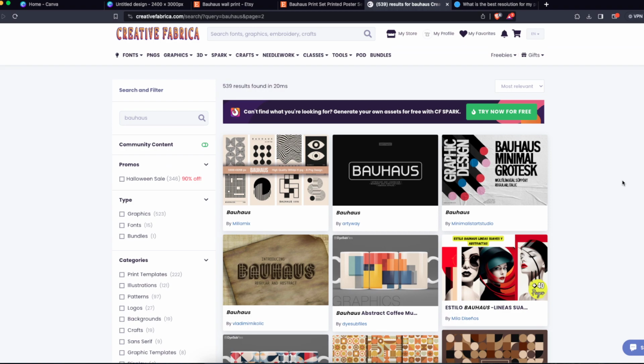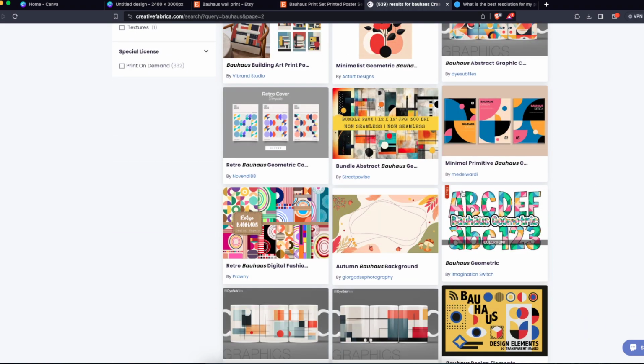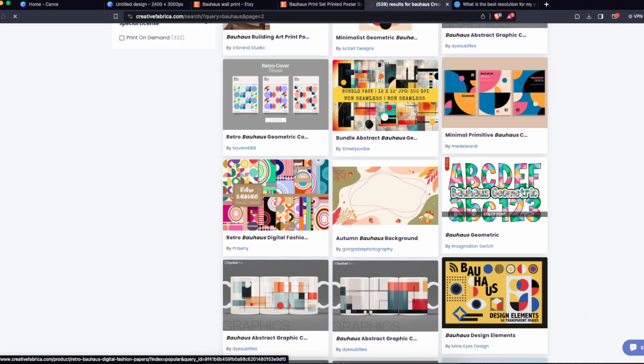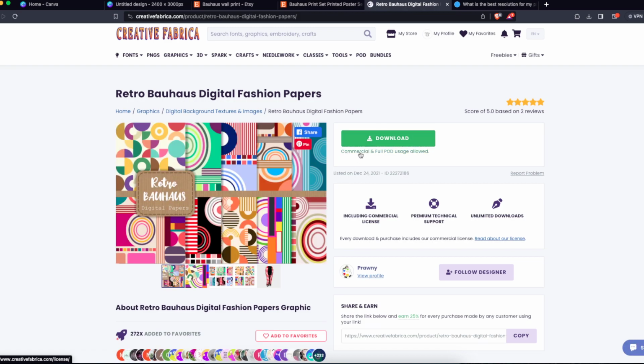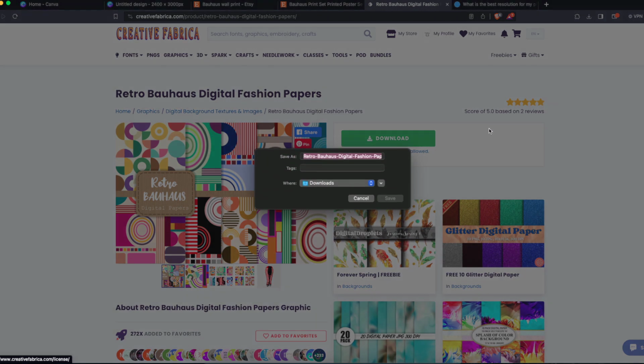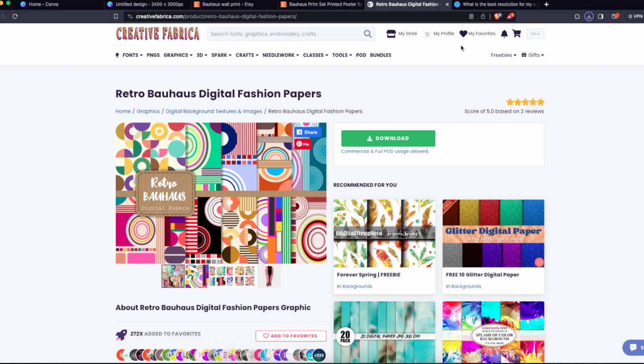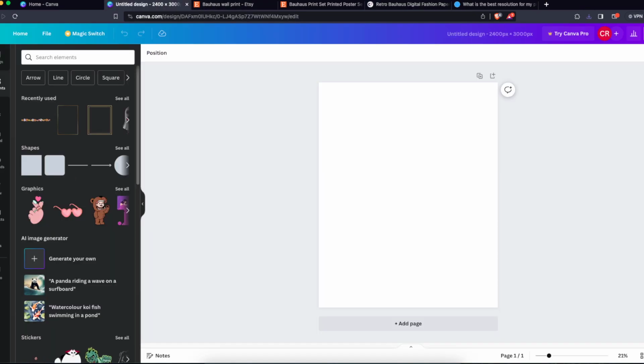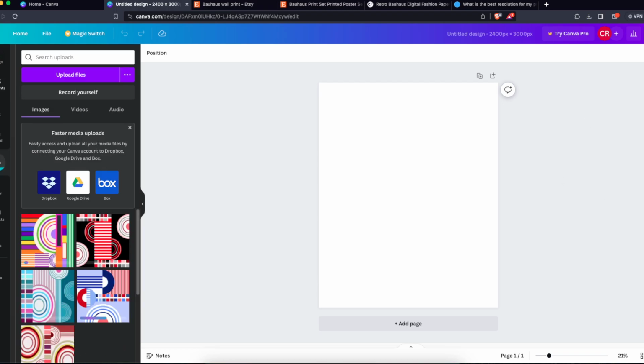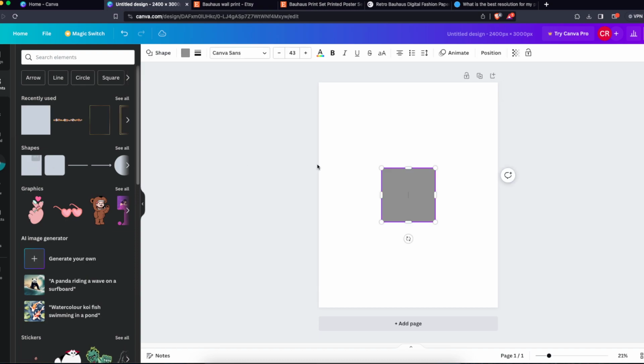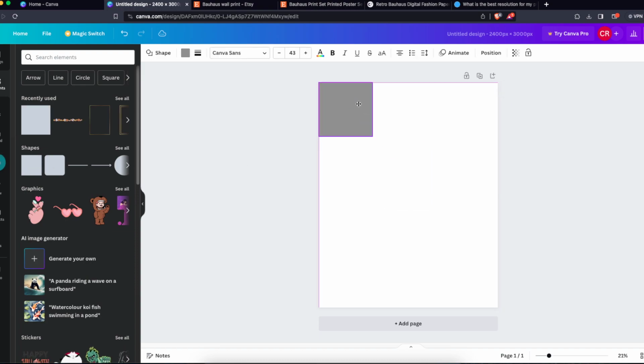So let's maybe choose something more colorful. So for example, this one. And as you can see, it has commercial and also POD usage allowed. So you don't need to worry about copyright. And now I'll just go here and upload my designs. Now, while these are uploading, I'm just gonna go to the elements and choose the shape. I want to add some border around